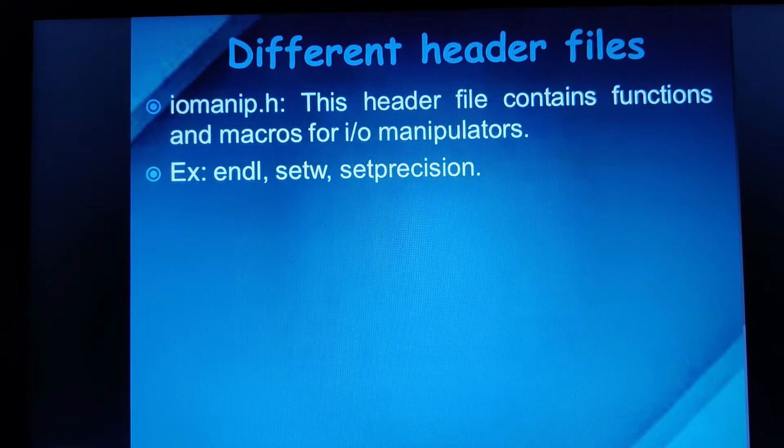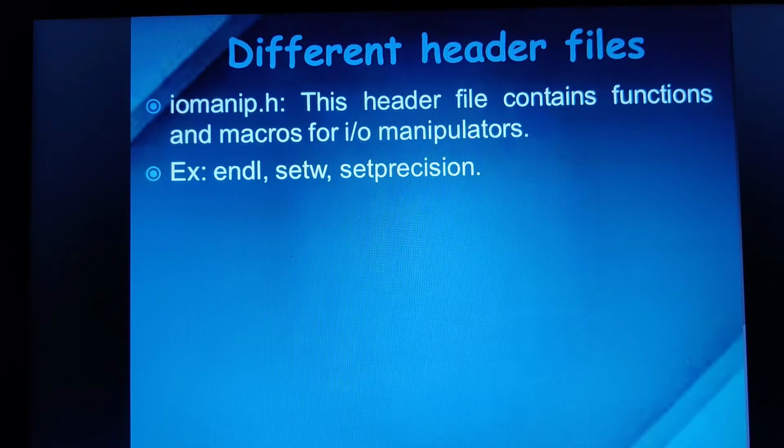If I want "hello" and on the very next line "welcome to computer science class", these are two different cout statements, and if I want the output displayed on two different lines, then the first statement should include endl at the end. Only then do I get the output on two different lines. For that, I use a function known as endl, which stands for end of line.